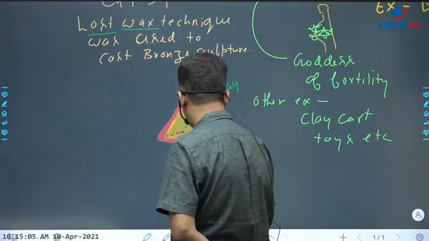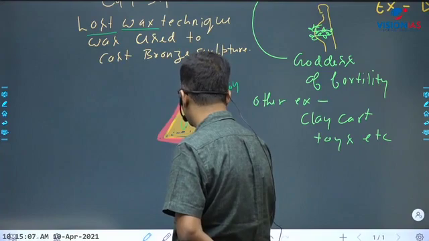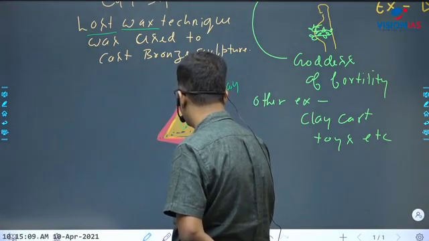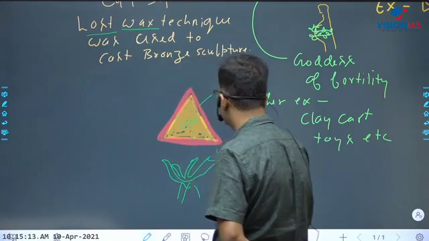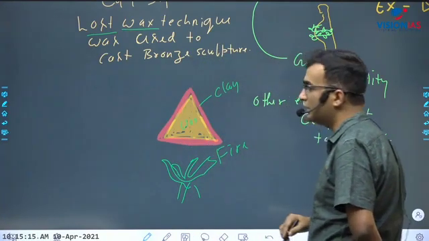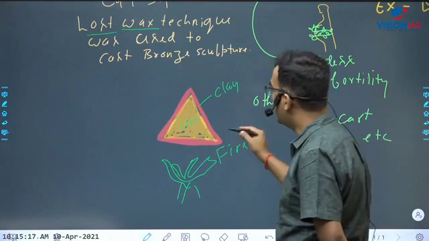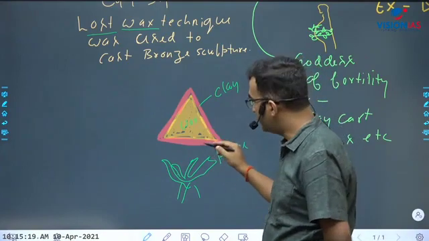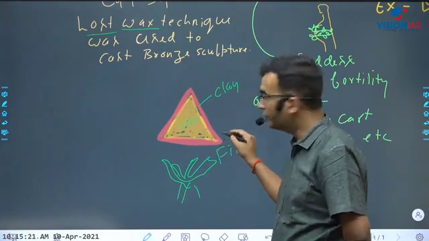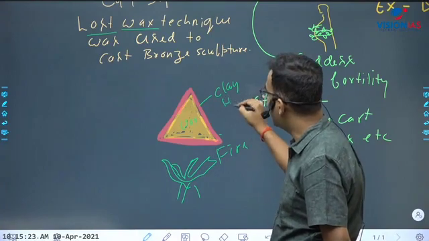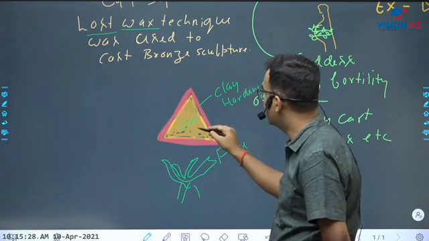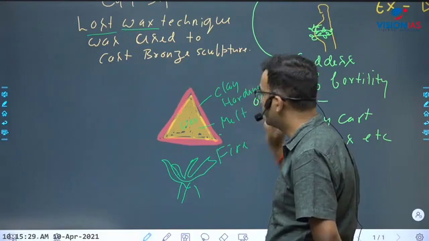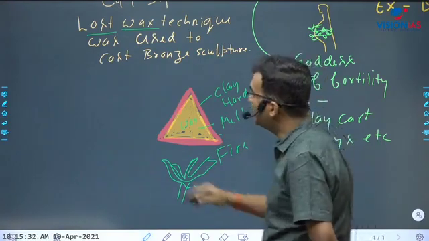So after some point of time, it will be baked on fire. Now once it is baked on fire, what would be the condition? This clay will get hardened, and the wax will melt. Now in a separate pot,